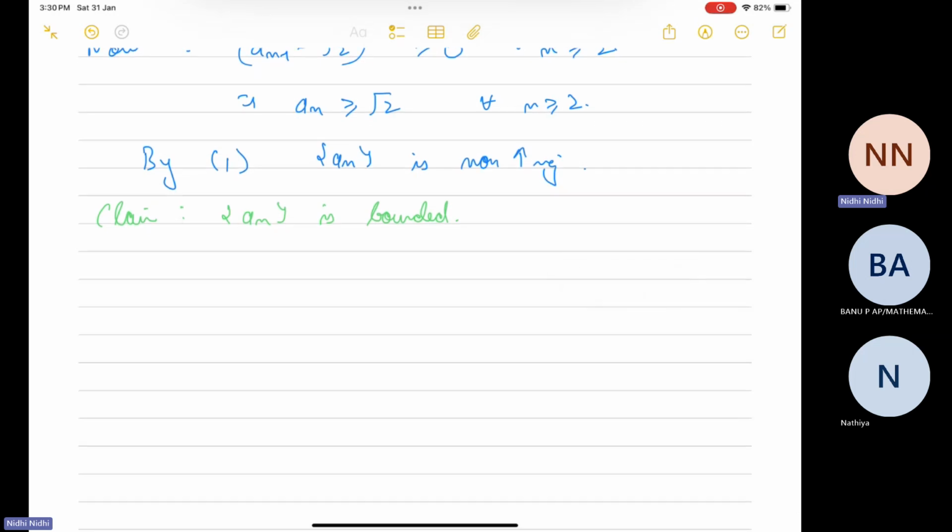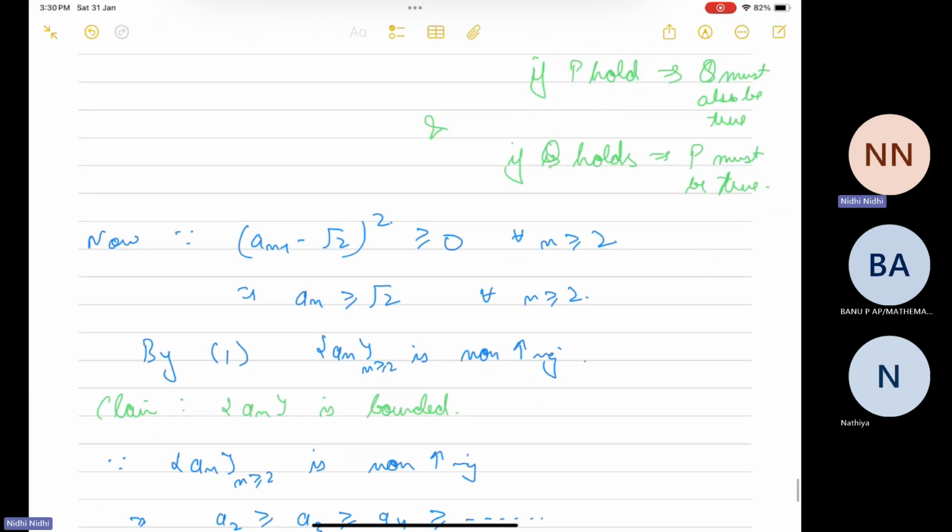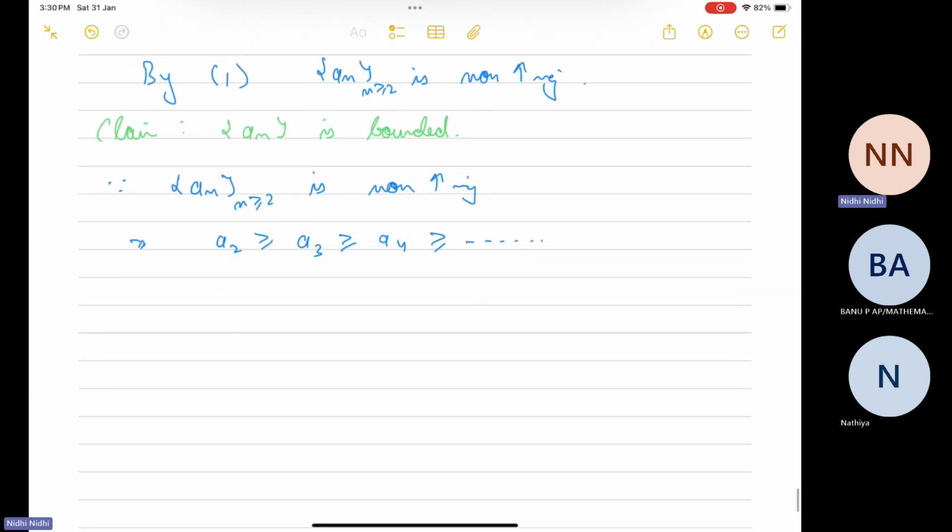So this gives us, since an for n greater than equal to 2 is non-increasing, this tells us that A2 is greater than equal to A3, greater than equal to A4, and so on. So that means the upper bound for our sequence is,